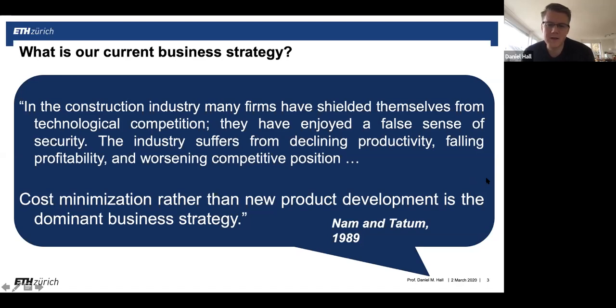What I've seen is that in industrialized construction, and part of why I'm asking you to have your own new company with new product development, is that there's a lot of opportunity for new product development, but we don't see it happening right now. Instead, we see most construction companies and architecture firms, I might add, focusing a lot on cost minimization and not necessarily developing new product lines. I'll say more about that as we continue on.